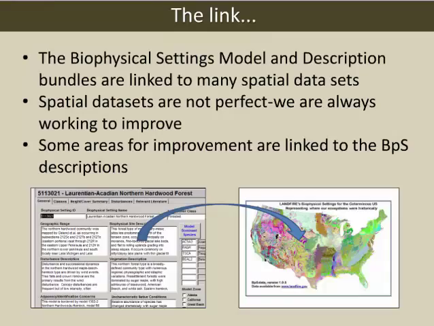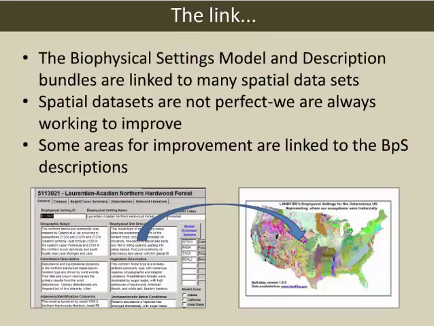Okay, so I showed you several data sets, including some current data sets. Maybe I'm working backwards here, but I think it helps to set the framework for what we're embarking on with the review. The biophysical settings model and description bundles are linked to many of the aforementioned data sets.